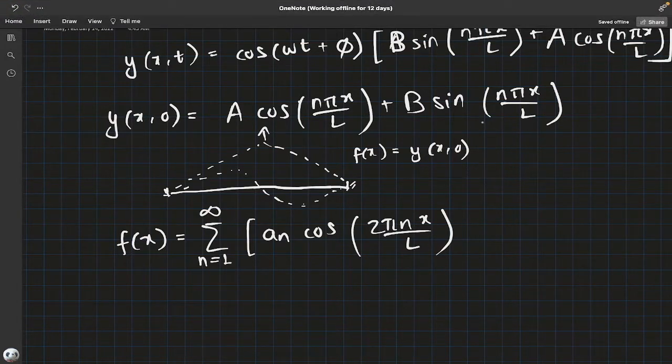Just one thing to note is that we have no 2 on top here because our interval was from negative L to L last time, so that makes a total length of 2L. In this case, you can say we have negative L over 2 to L over 2, or 0 to L, in which case our interval is now 0 to L. So this 2 doesn't just cancel off. That was originally a 2 because both these functions have a period of 2 pi.